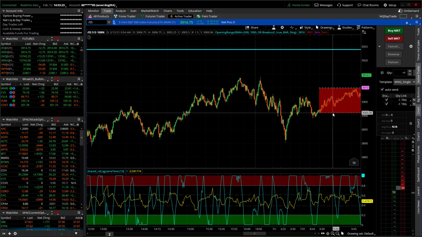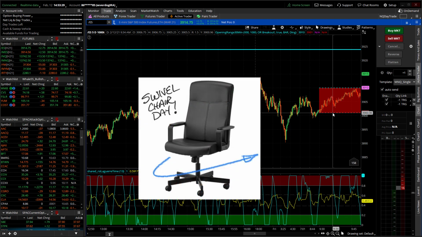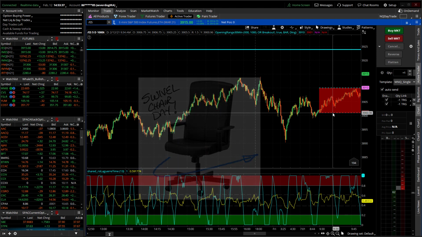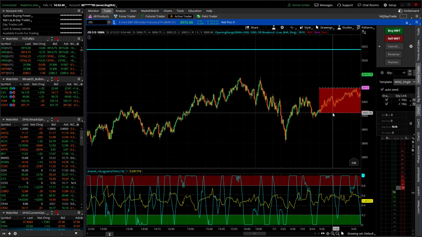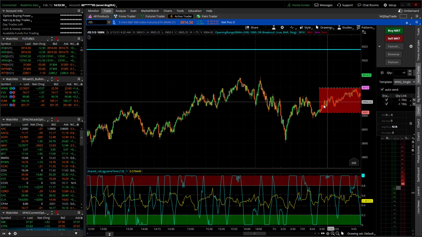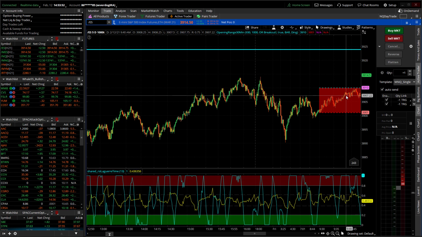In last night's newsletter, I made reference to today being a swivel chair day. A swivel chair day is one where traders get their positions placed early in the day and then swivel on their chair and bolt out of town because it's a 3-day weekend, so they want to get an early start. What I've seen in the past is that we don't get a whole lot of movement after the first hour or so. So I wanted to take advantage of that and establish the opening range,